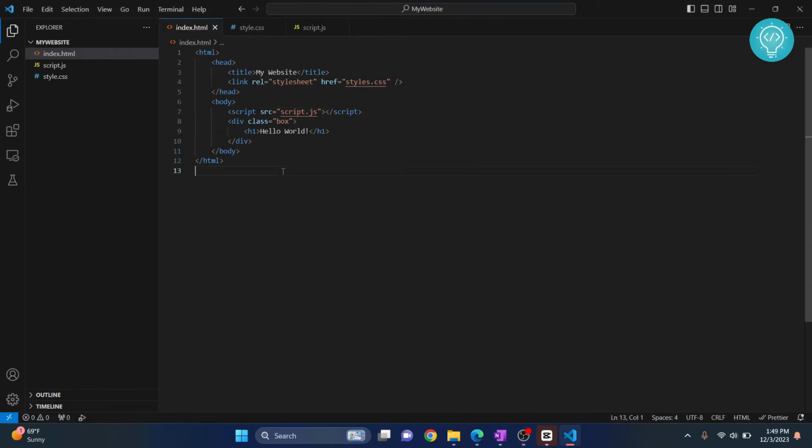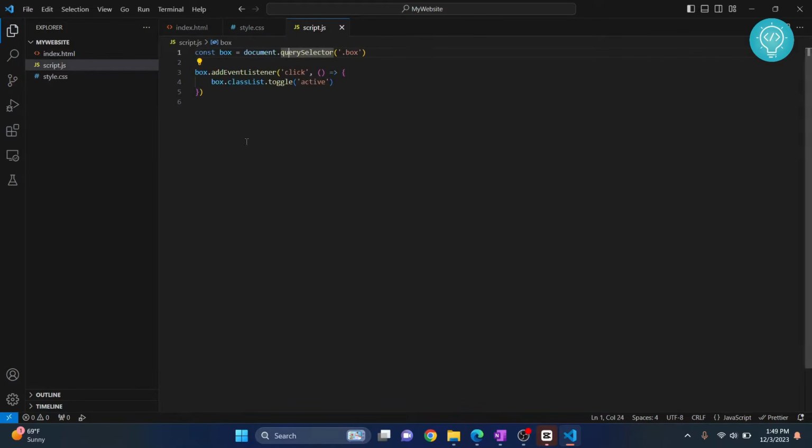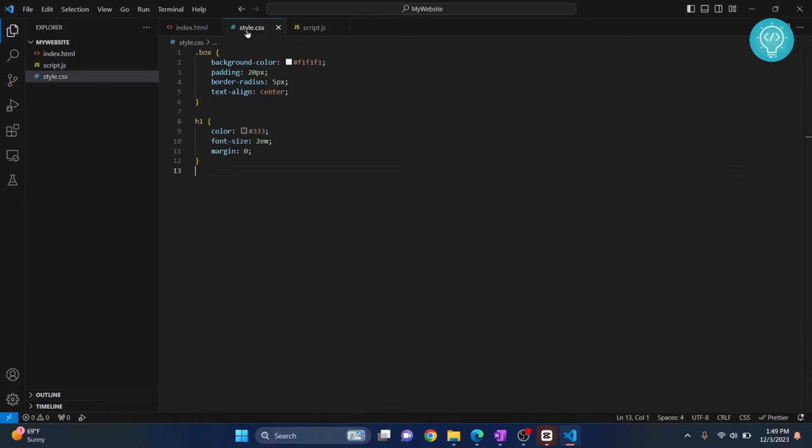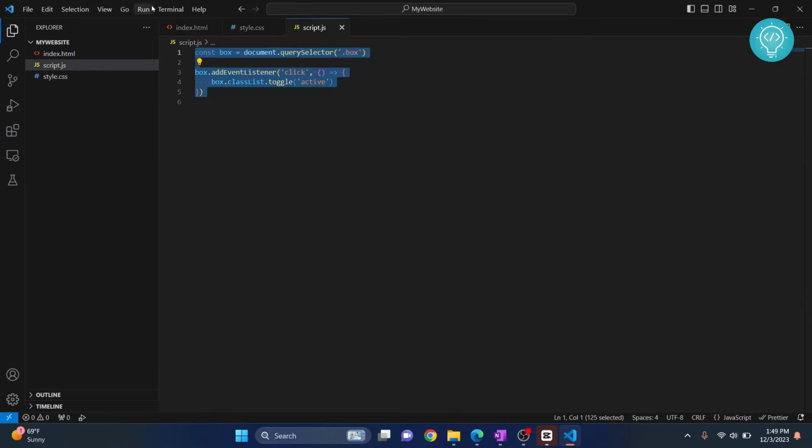So when you try to run a website, HTML, CSS, JavaScript website, you might get a launch.json error. So let's see how we can fix that error quickly. Now we have this JavaScript file here, CSS file here, and index.html file here. And when we try to run this,